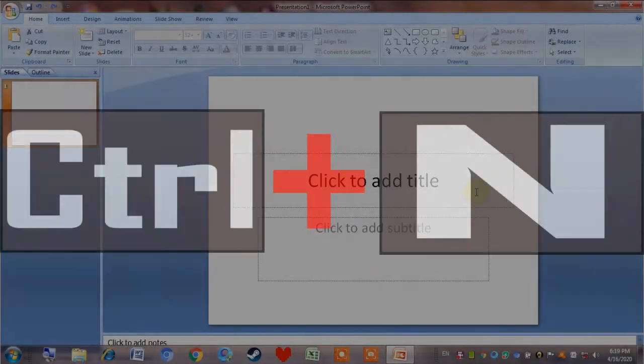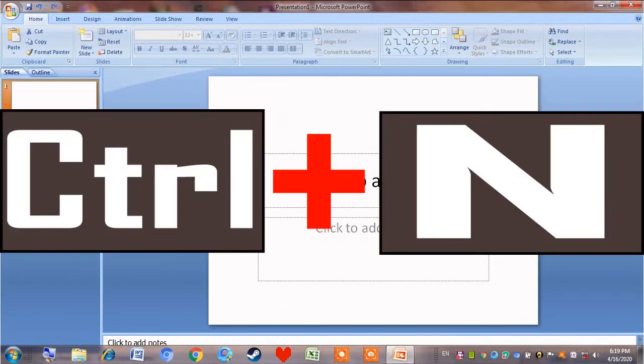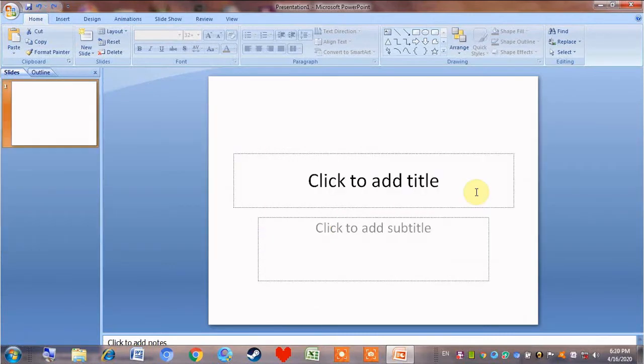Second shortcut, Ctrl+N to start a new presentation. So let me press Ctrl+N. As you can see, it is Presentation 2 here. Presentation 2 means there are two windows. This is used to start a new presentation much faster. So next shortcut,